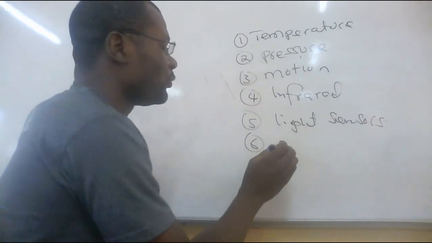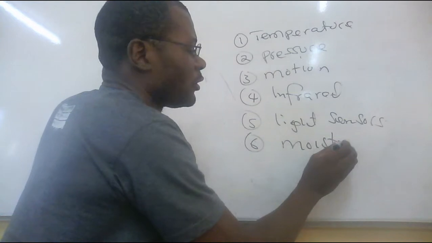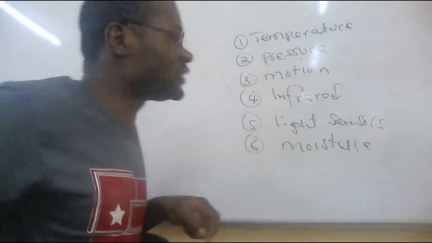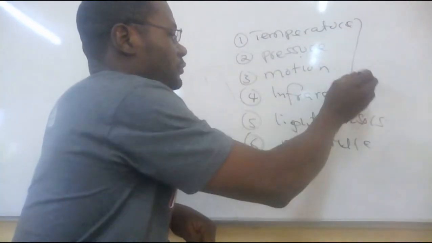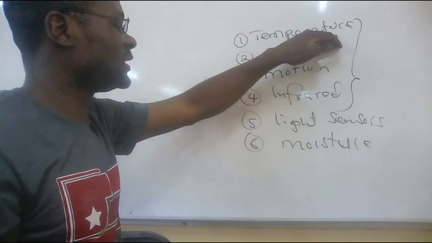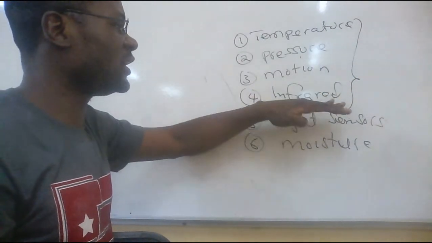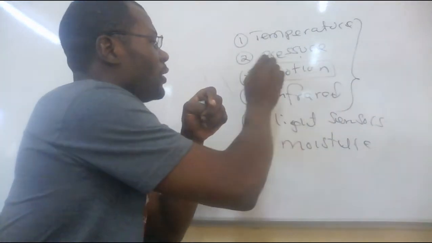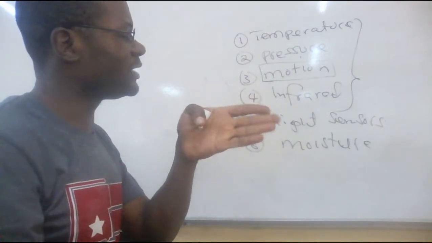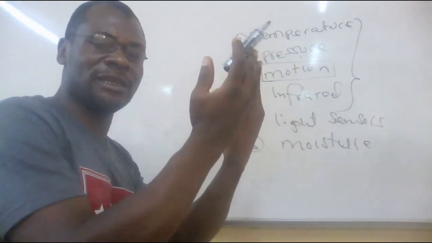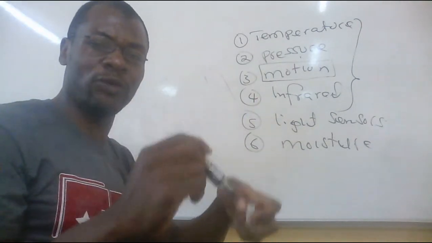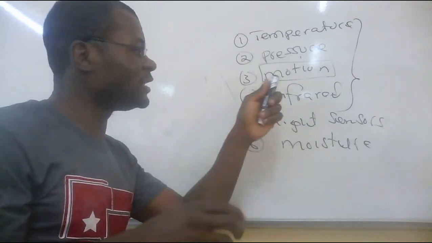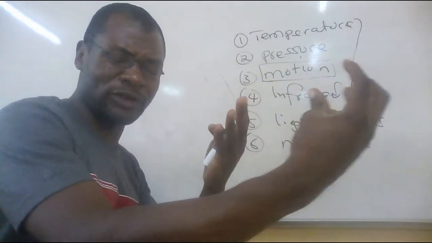We can talk about the moisture sensor. So, the most common types of sensors are these: pressure sensor, temperature sensor, motion sensor, infrared sensor. You may not be aware that you have used the motion sensor. When you're going to Levy Junction, as we go through that entrance, that gate is going to slide on its own without anyone opening or closing it. What is happening there? There is a motion sensor which detects if someone is coming.